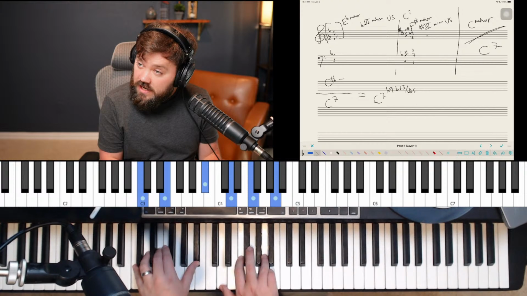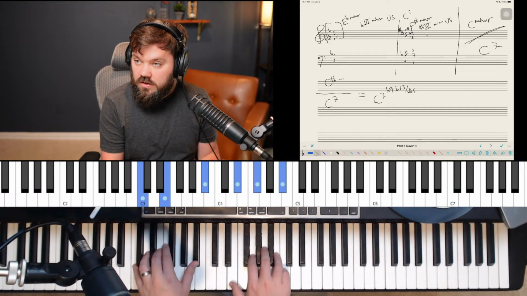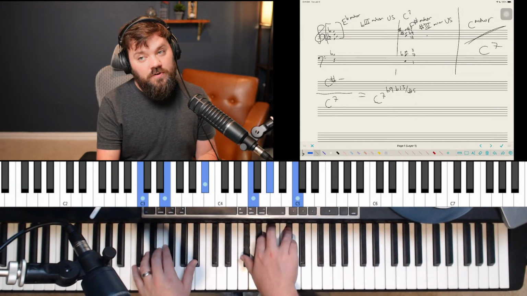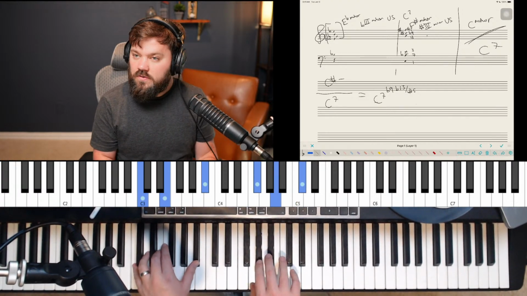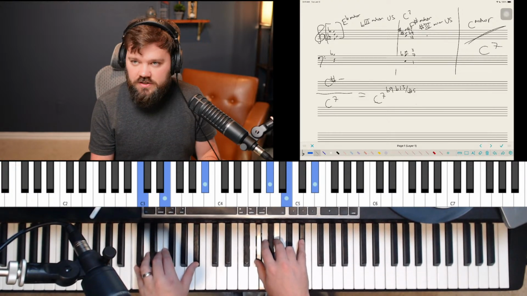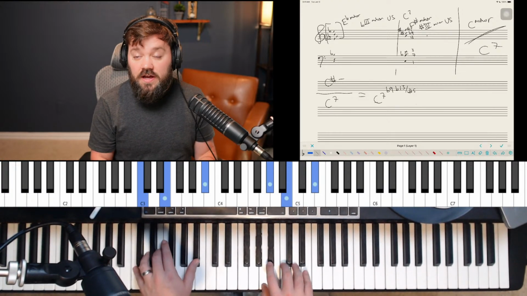Right, so that one has an F, doesn't work very well. That one has a B, doesn't work very well. This one has an F, doesn't work very well. Right, now we have this one has a B, and it doesn't work very well. It has the raised 7th. And then we have